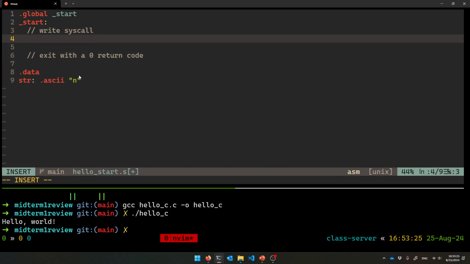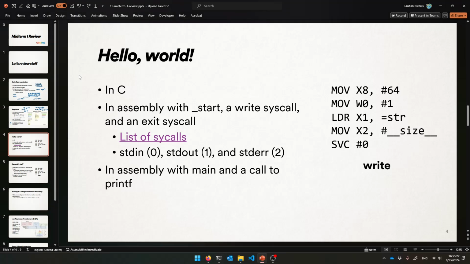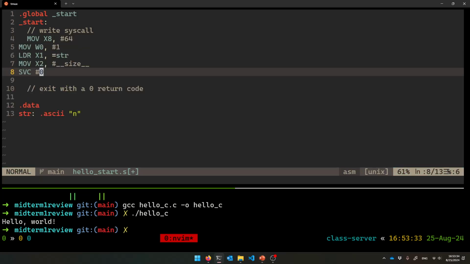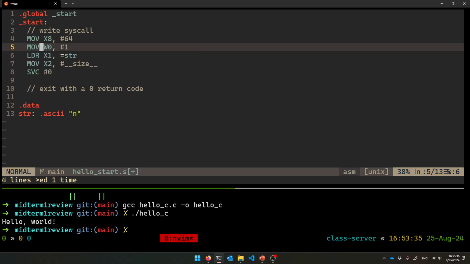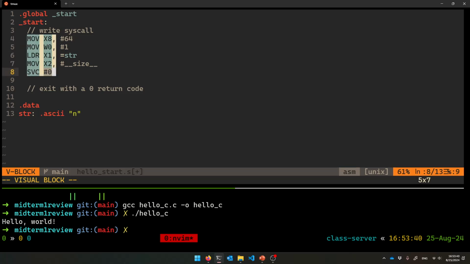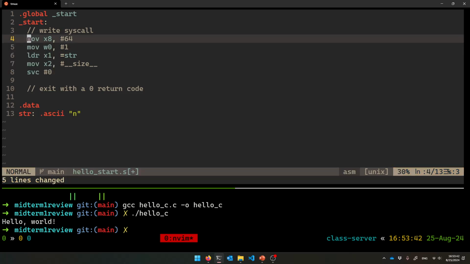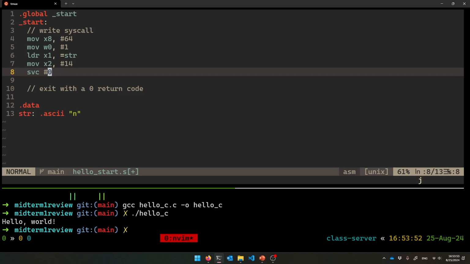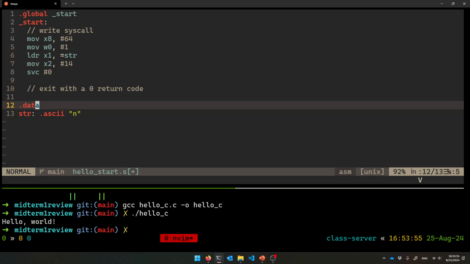All right, so let's set up the write syscall now. So move into x8, 64. Let's just copy this, make it easier on me. I don't like the uppercase though. Let's fix that. It bothers me. Okay, so we got that one. We did call it str, and then the size I said was 14, I think. Cool. So yeah, that'll print it, and then we don't want to just fall through and start running the string